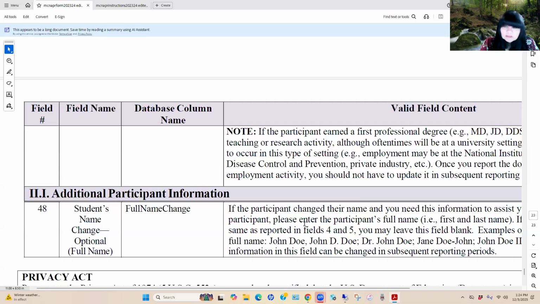It's important to note that within all of these fields of data, we're not providing any social security numbers because we've moved beyond using those. Okay, so with that, that includes the 48 fields of data.